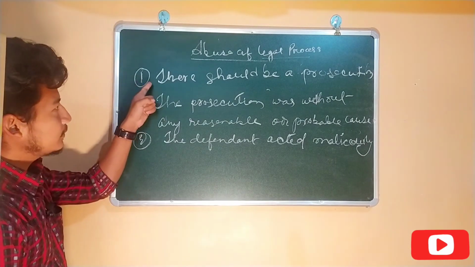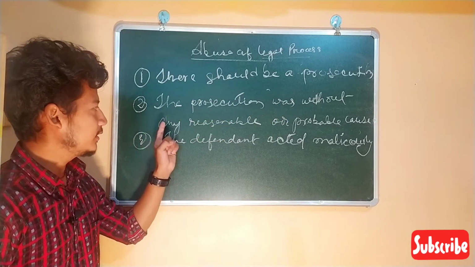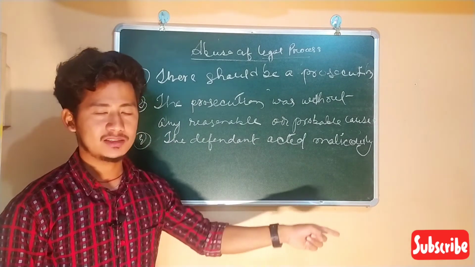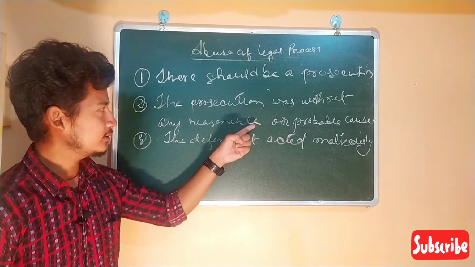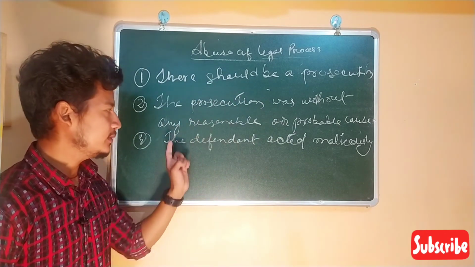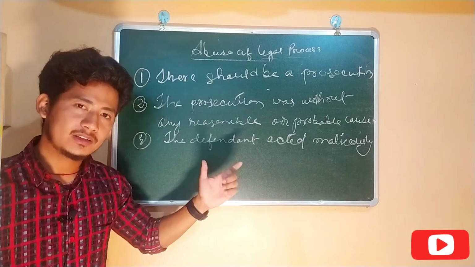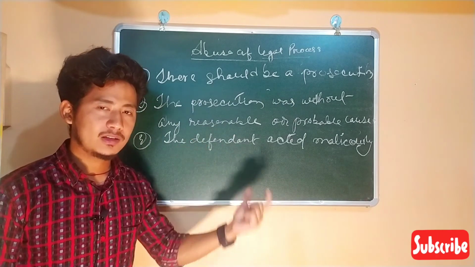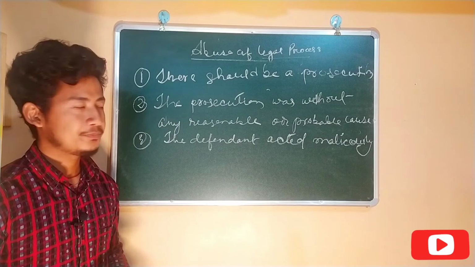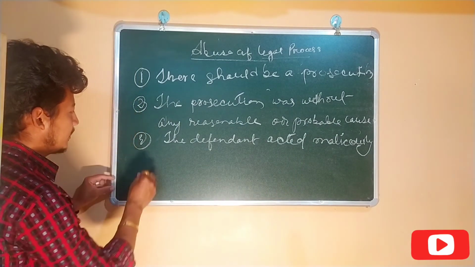Okay, so number one, there should be a prosecution. Number two, the prosecution should be without a reasonable or probable cause, and the third is that the defendant acted maliciously. So that should be whatever the cause that he has shown in the plaint, it should be for maliciousness. That should be for a wrong intention, that the plaintiff wanted the defendant to get disturbed. So that was the intention of the plaintiff. So this is the malicious motive. Okay, and number four,